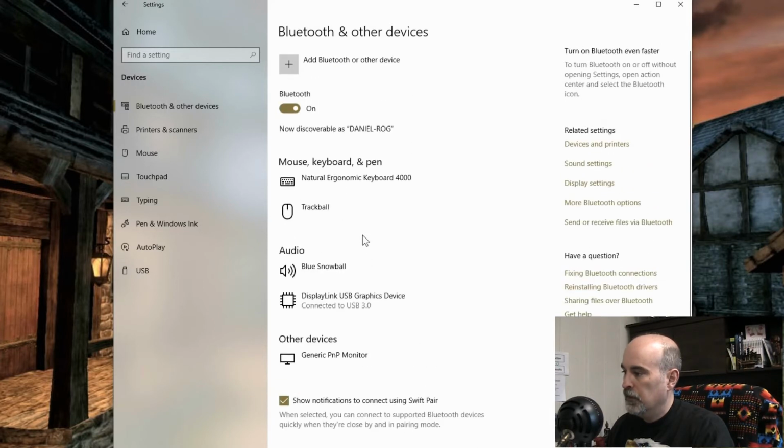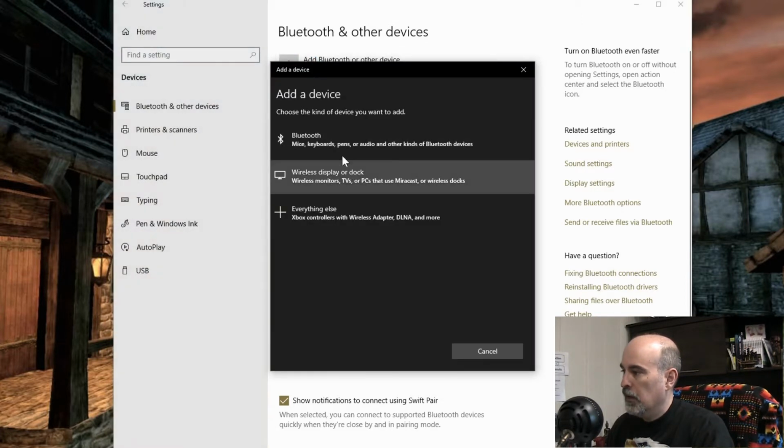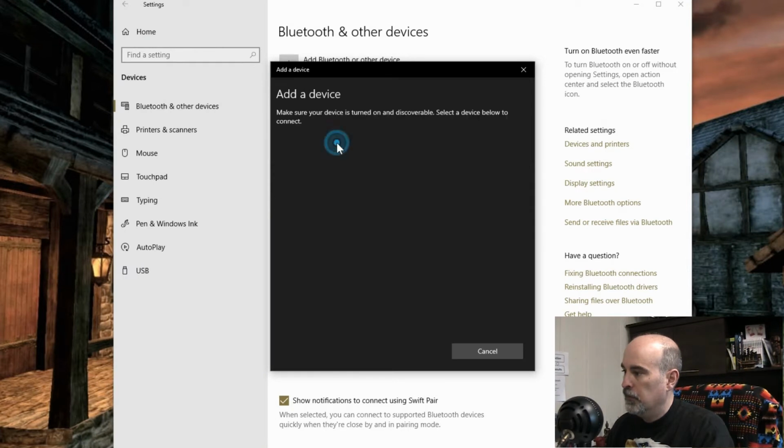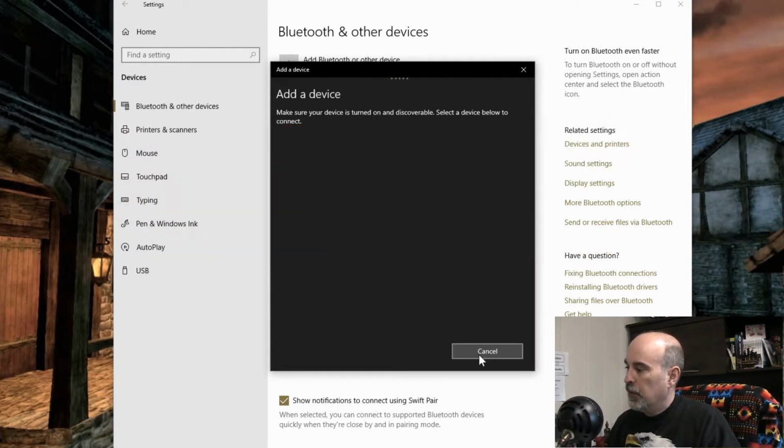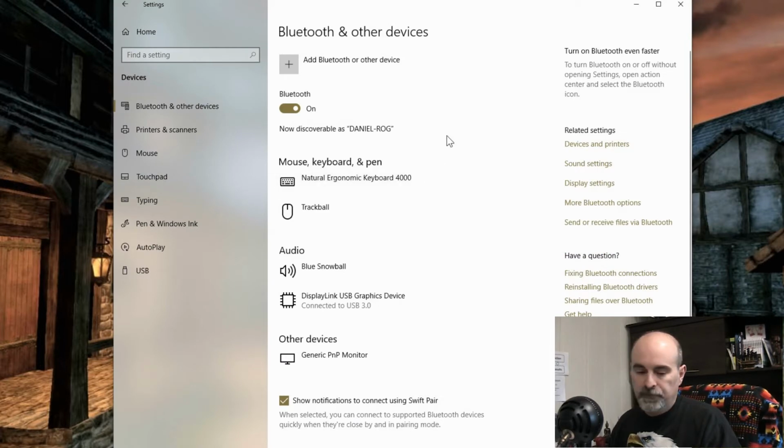The device isn't listed in here at this time, so you can go to add a device and go to Bluetooth, and you have to make sure that your device is on and searchable by Bluetooth. If it's not turned on, then it won't show up. I had mine on earlier and I went through and cleared it after doing this, so there's something else maybe happening. If it doesn't come up that way, you've got to make sure that it's discoverable.